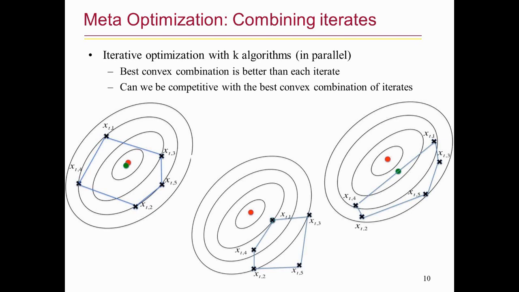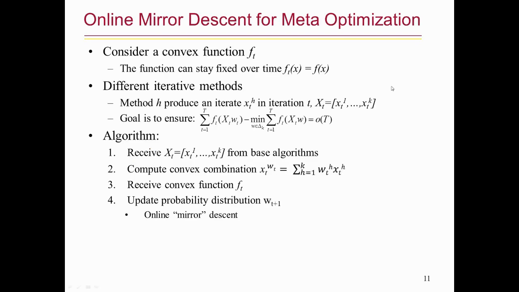Okay, so what online learning does in this scenario is something very interesting. Online learning will be able to guarantee that the green point that we come up with over time will be competitive with the best convex combination you could come up with in hindsight. So if you look back on all the data and you come up with the best convex combination, this forward-going algorithm will be competitive with that. Let me illustrate that with a portfolio example. So let's say